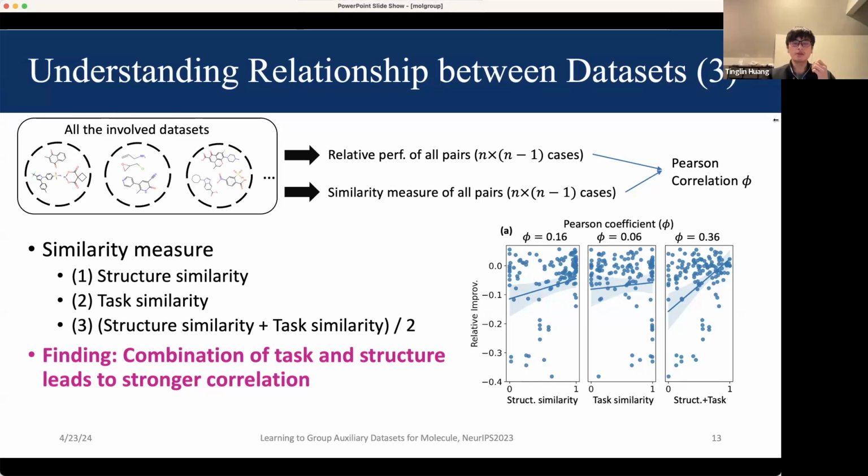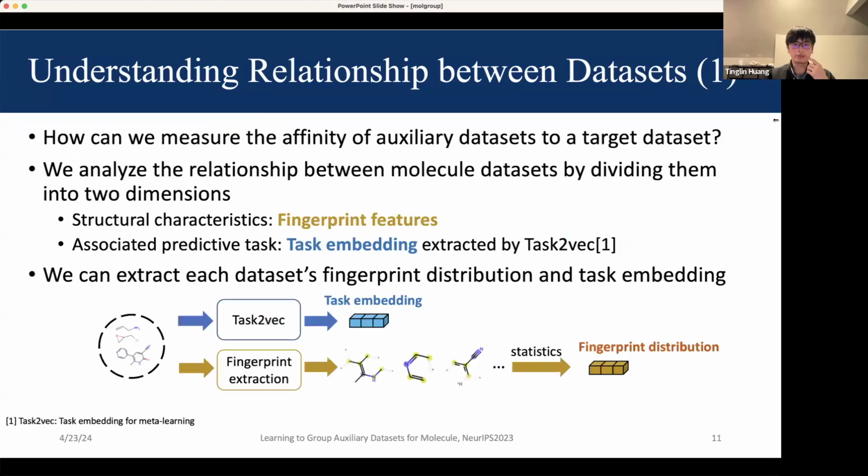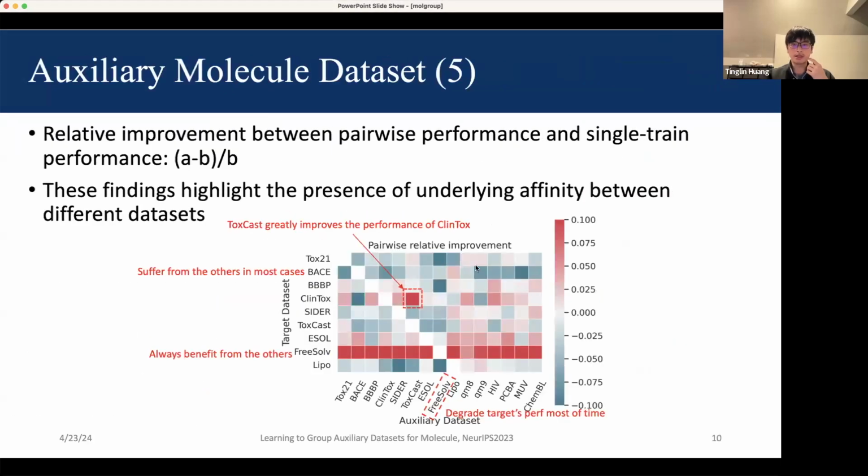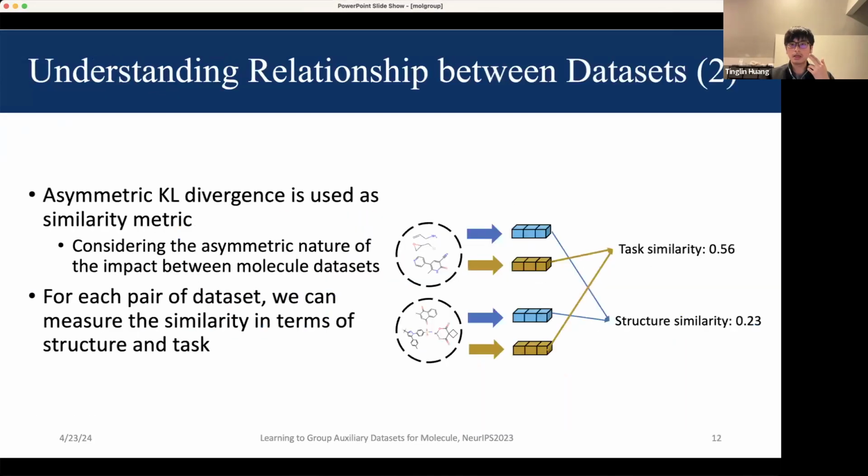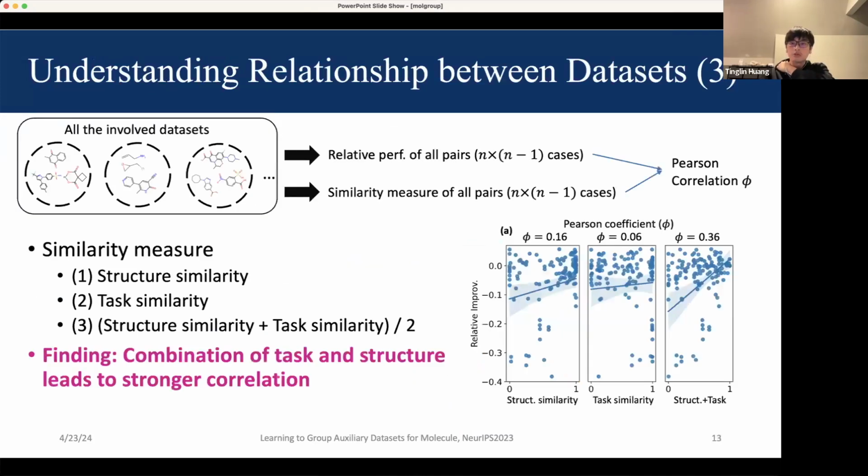Yeah, because there are some data sets. Let me go back to this result. I mean, that slope maybe represents some cases that have very strong negative transfer phenomena. For example, in this row at the bottom, they almost have the worst performance when you combine it with the other data sets. And yeah, hopefully I can answer your question.